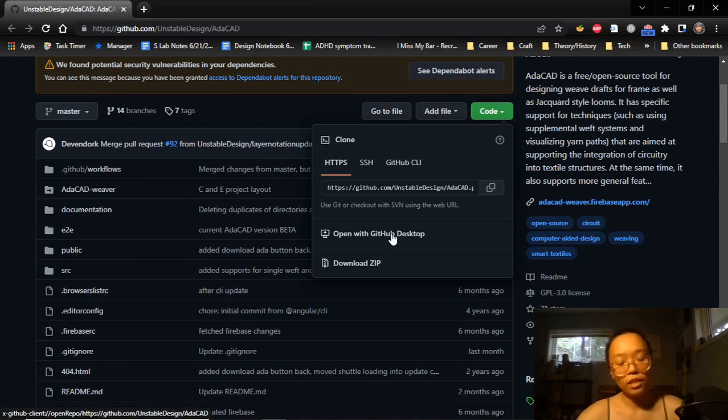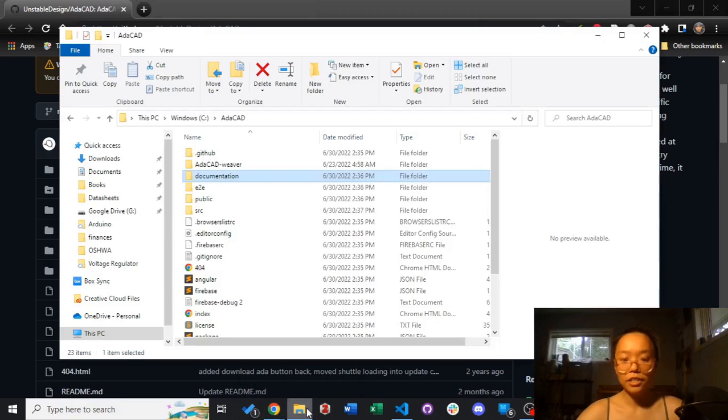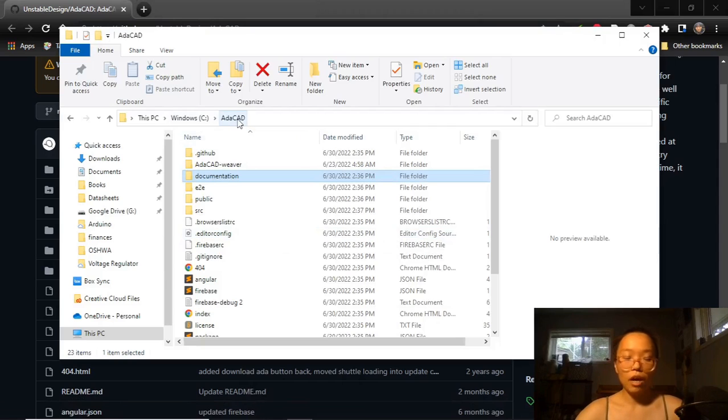If you have GitHub Desktop, you can just hit that. It makes it real easy to download. Or you download the zip and extract it. It took my computer like a couple minutes. It's a pretty big download. I just saved this copy of AdaCAD on my root drive, so my directory will be